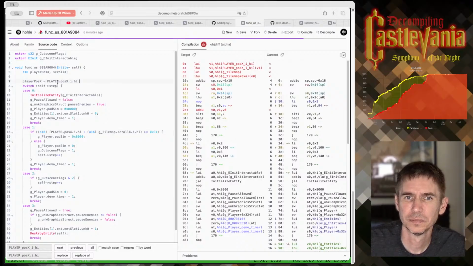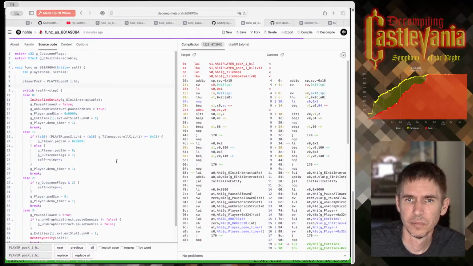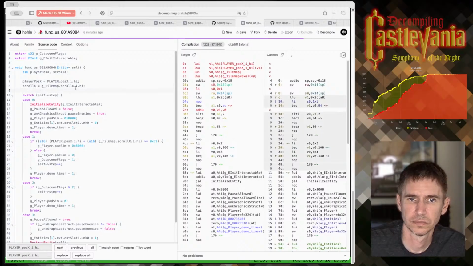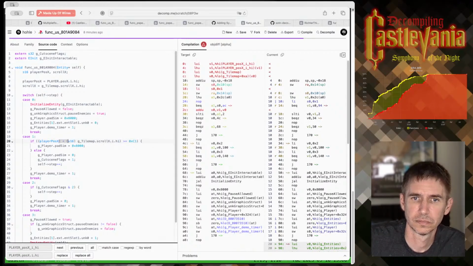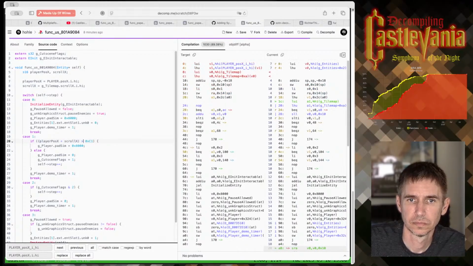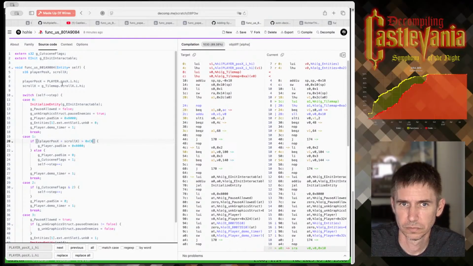Maybe? We might be doing the addition. Yeah, I think the addition is being done here.